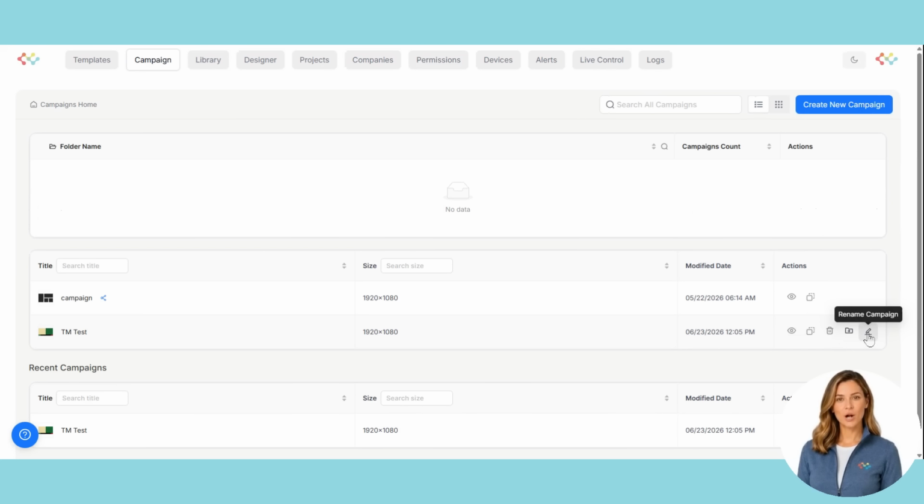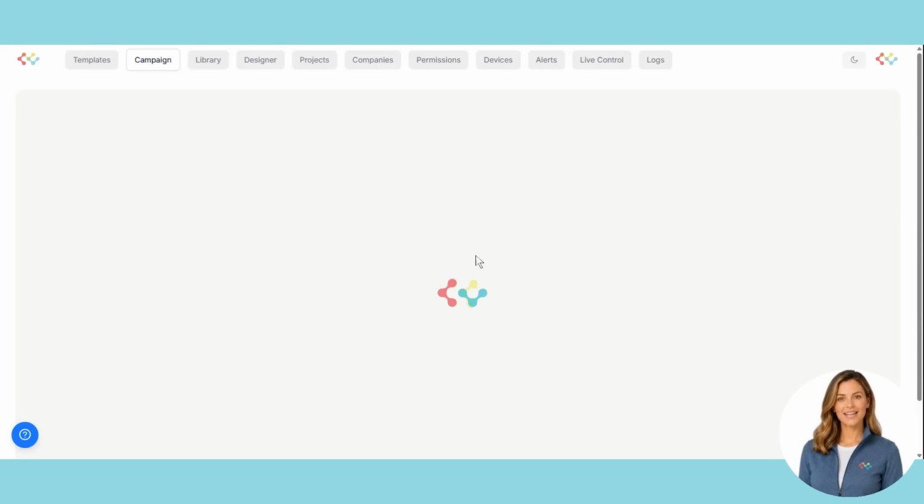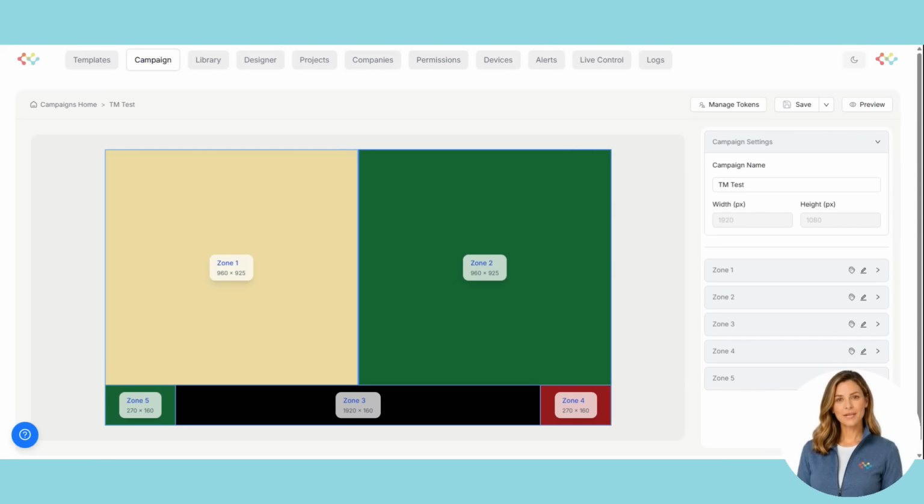One important thing to know is that zones cannot be moved or resized inside the campaign editor. If you need to change the layout, zone placement, or zone size, those changes must be made in the template editor. At the top of the campaign editor, you'll see options for Manage Tokens,